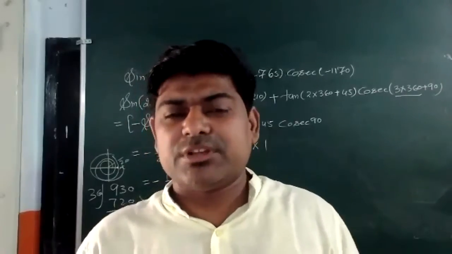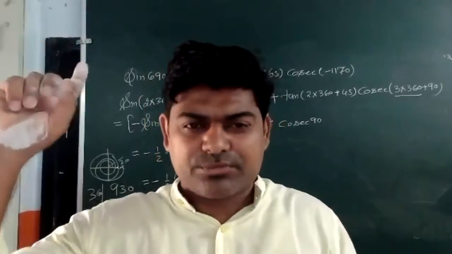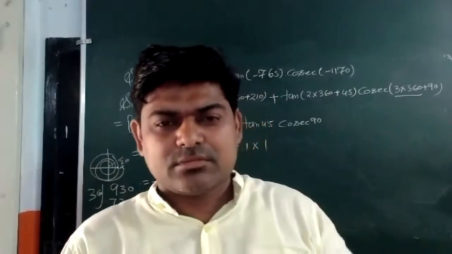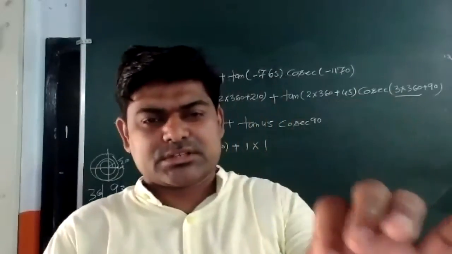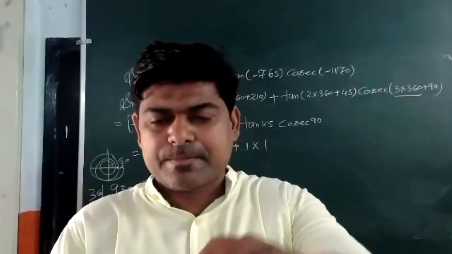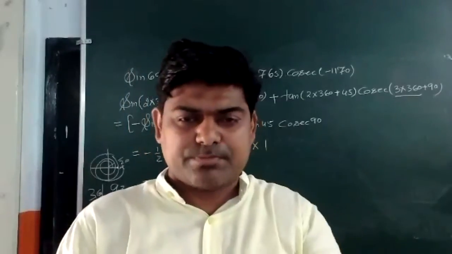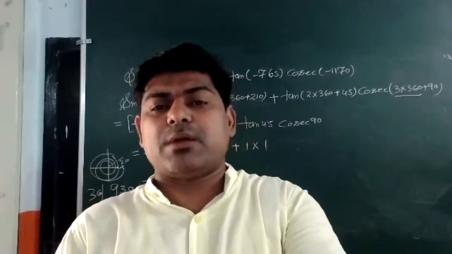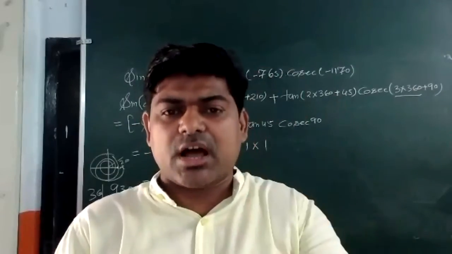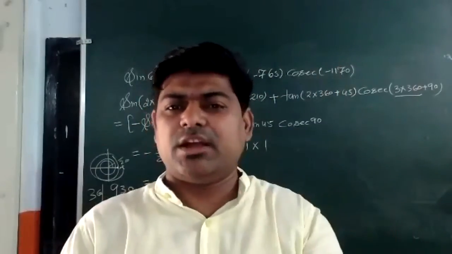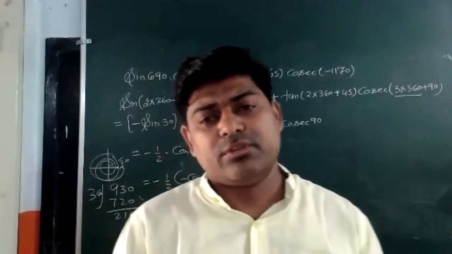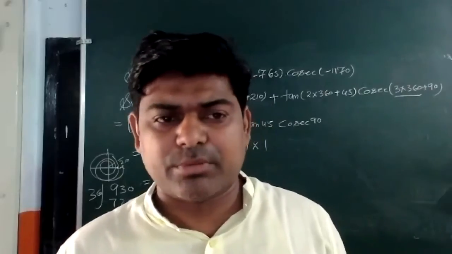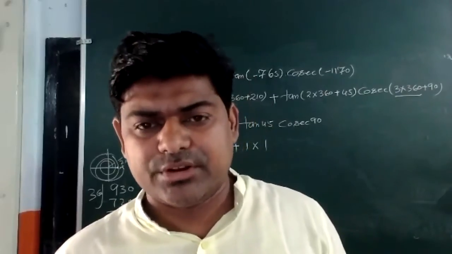But instead of learning, think about how many formulas there would be. There are 48 formulas you would have to learn. With sine, there are 8: pi by 2 minus, pi by 2 plus, pi minus, pi plus, 3 pi by 2 plus, 3 pi by 2 minus, and 2 pi plus, 2 pi minus. With sine there are 8, with cos 8, with tan 8, with cot 8. How many formulas will be learned? So instead of learning all these things, we should have the concept in our mind, so in the examination we can directly find the result.